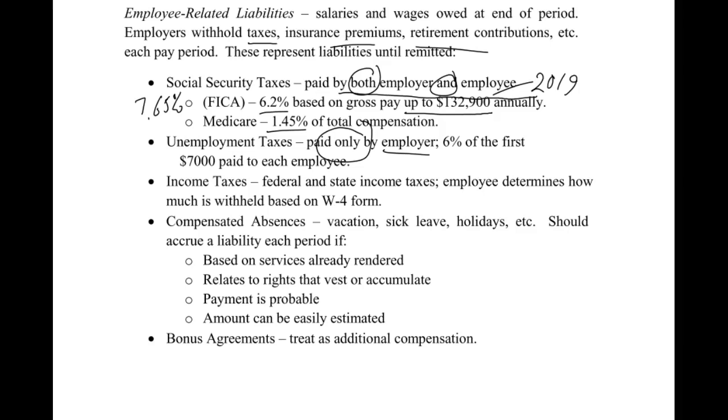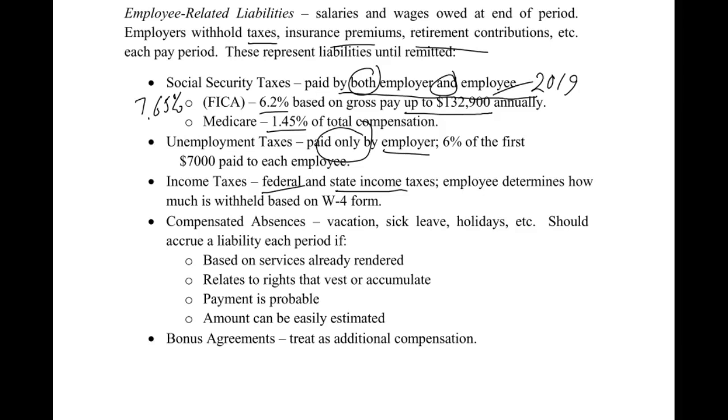All right, income taxes. This is a big one. So this is your federal and your state income taxes, assuming you're in a state that has it. I know states like Florida, Tennessee, Texas don't have state income taxes, and there's others, so you wouldn't have that there. Basically your employer is determining how much is withheld based on the W-4 form that the employee filled out. Once again, this is withheld on your behalf from your check, but it is sent to the government. So let's remember, we're in the liability chapter. All this money is being withheld, but it represents a liability to the company until they pay it to where it belongs.